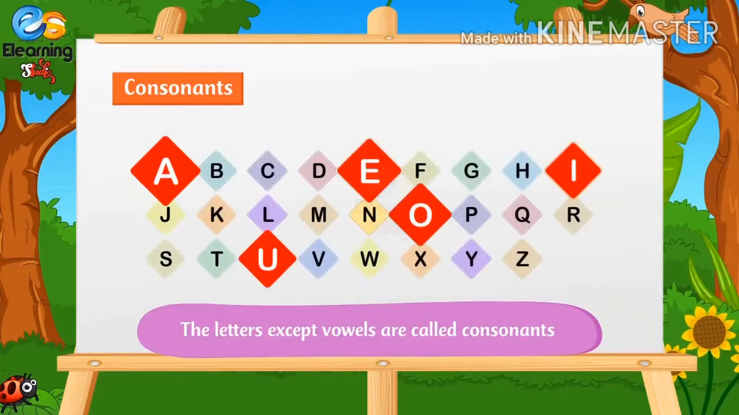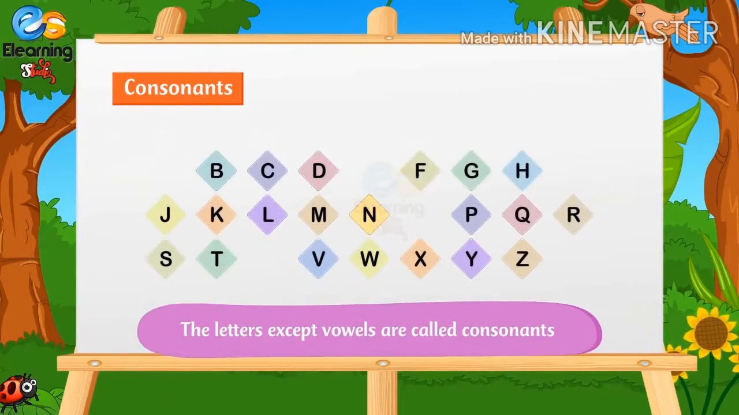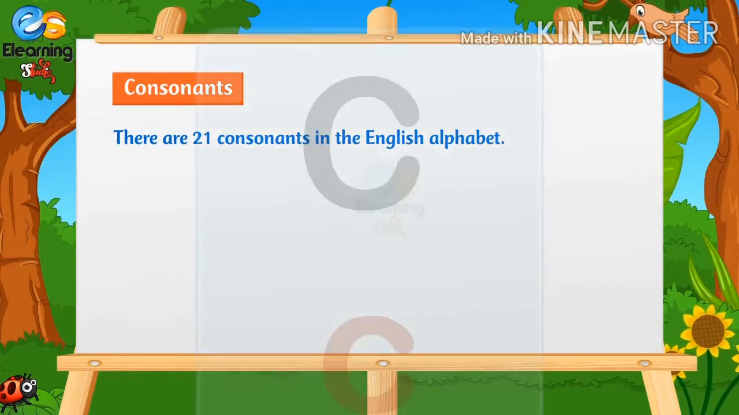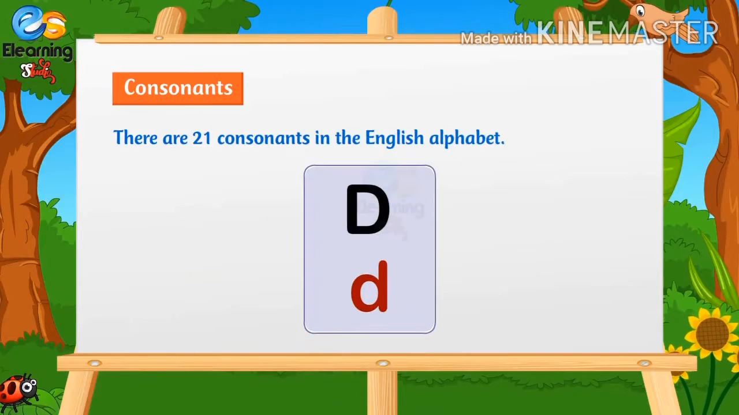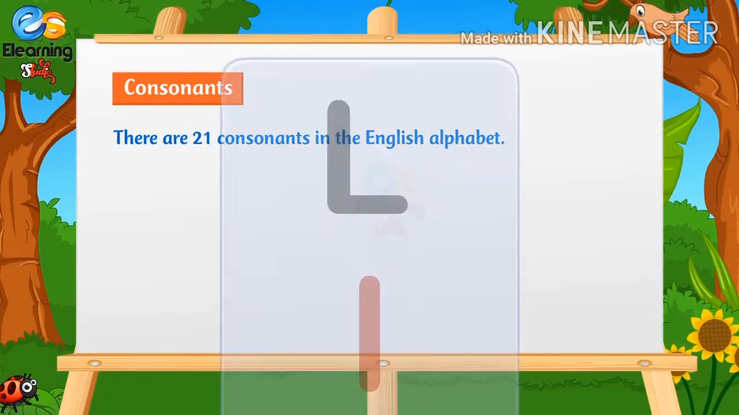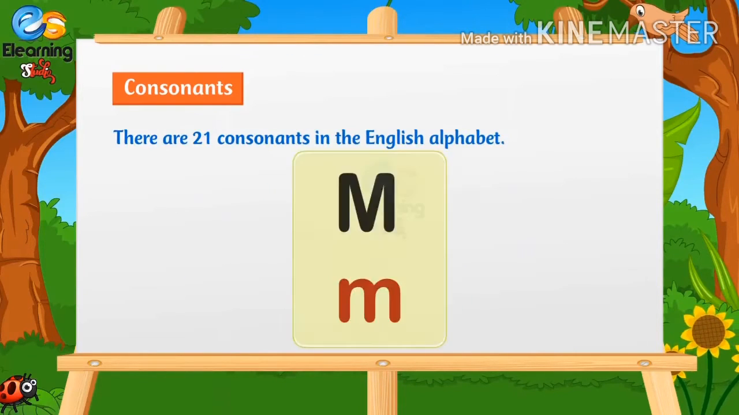Consonants. The letters, except vowels, are called consonants. There are 21 consonants in the English alphabet. These are B, C, D, F, G, H, J, K, L, M,